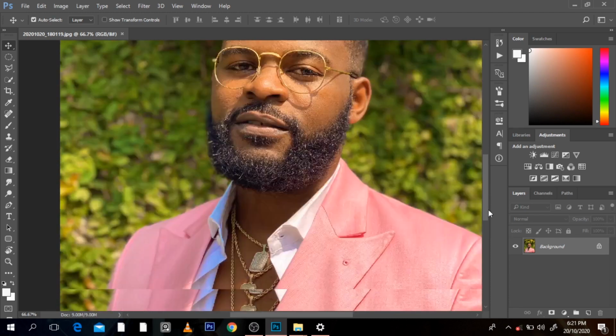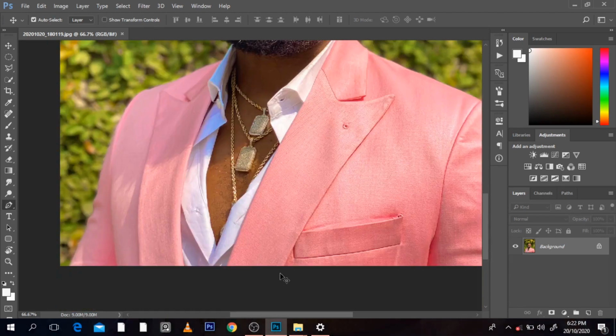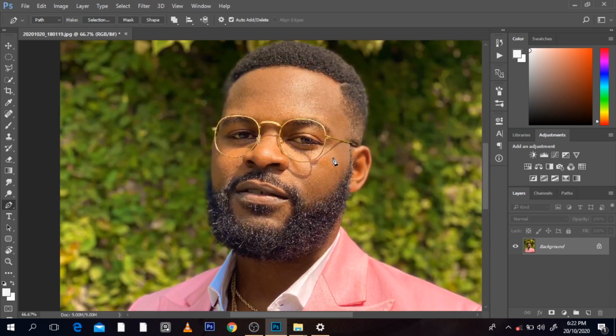Okay, so we have here Fireboy, a Nigerian musician. If you're Nigerian, yes, we are definitely supposed to know him. Except probably I've never stepped into Nigeria. Even if you've not been in Nigeria, you're supposed to know him still. So this is what I'm going to do. I'm going to cut out this layer, this face